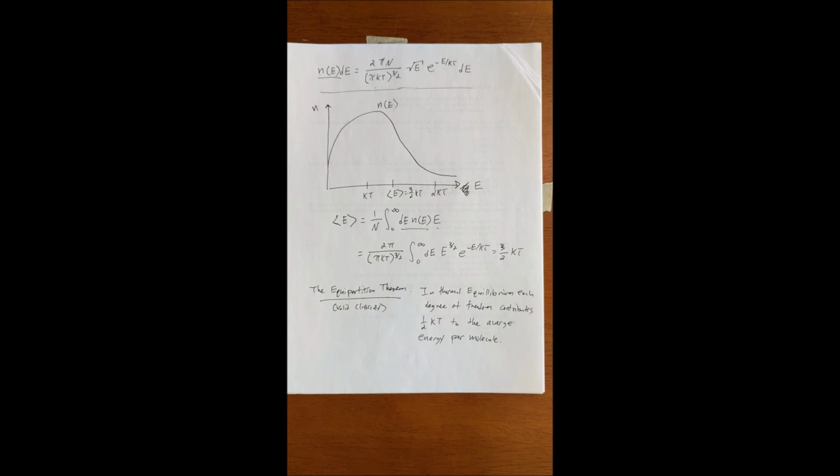So that's as much of classical statistics as I want to do, and now we're going to make the switch to quantum statistics. So the key difference between classical and quantum statistics is that we cannot label quantum particles. Okay,